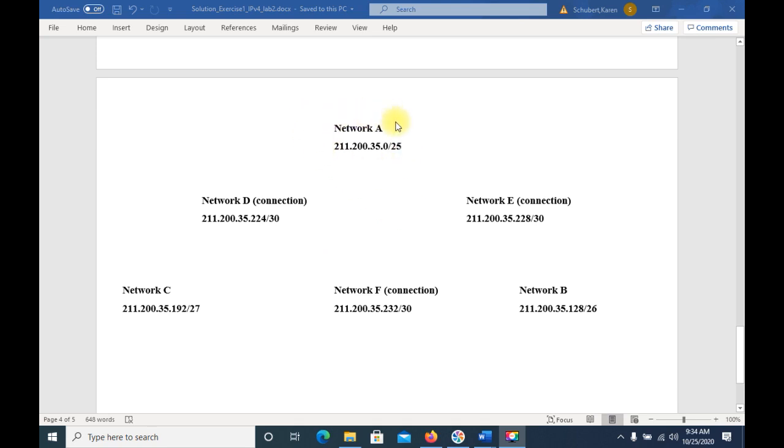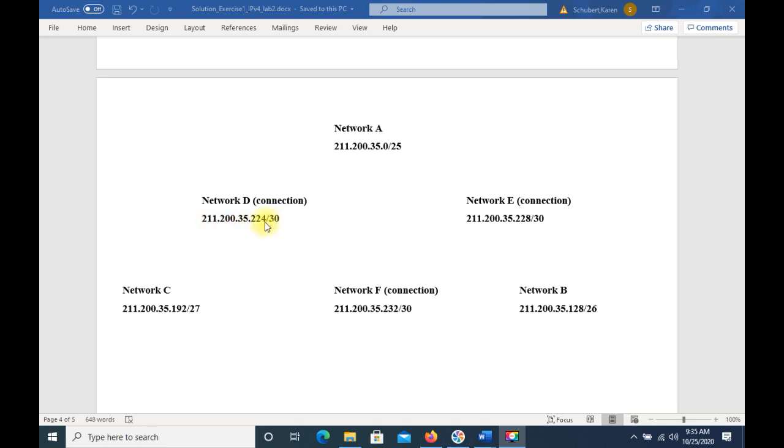We have here network A. Network address is 211.235.0/25. Network B, we added 128 to the 4th byte, 211.235.128, but /26. Then network C, we added 64 to the 4th byte, so 211.235.192/27. Then network D, we added 32 to the 4th byte,